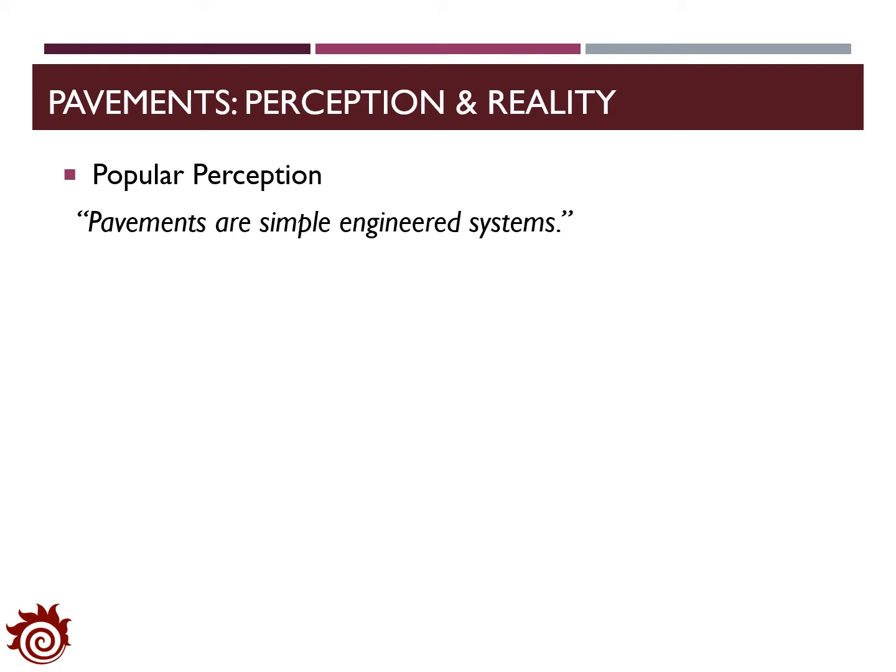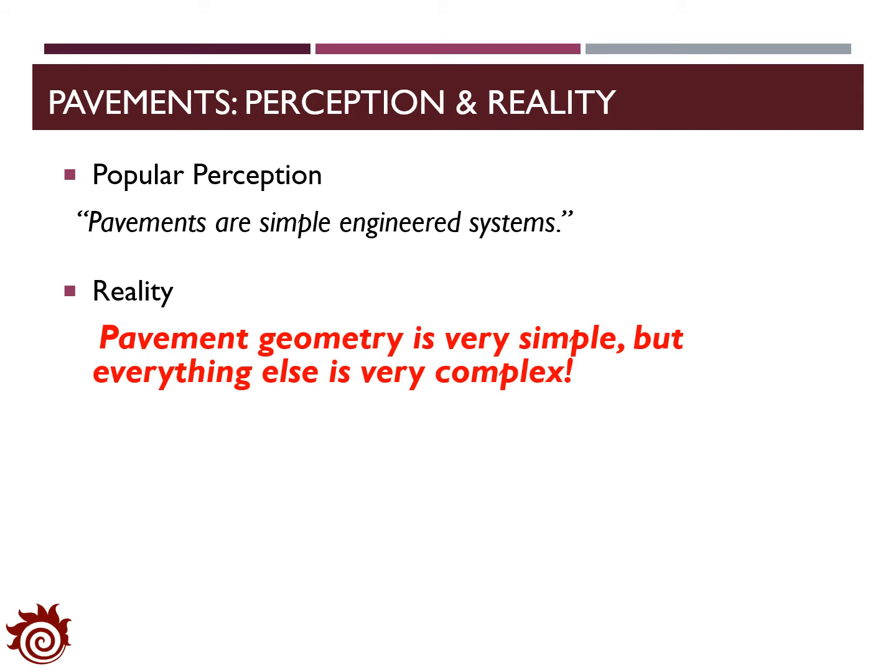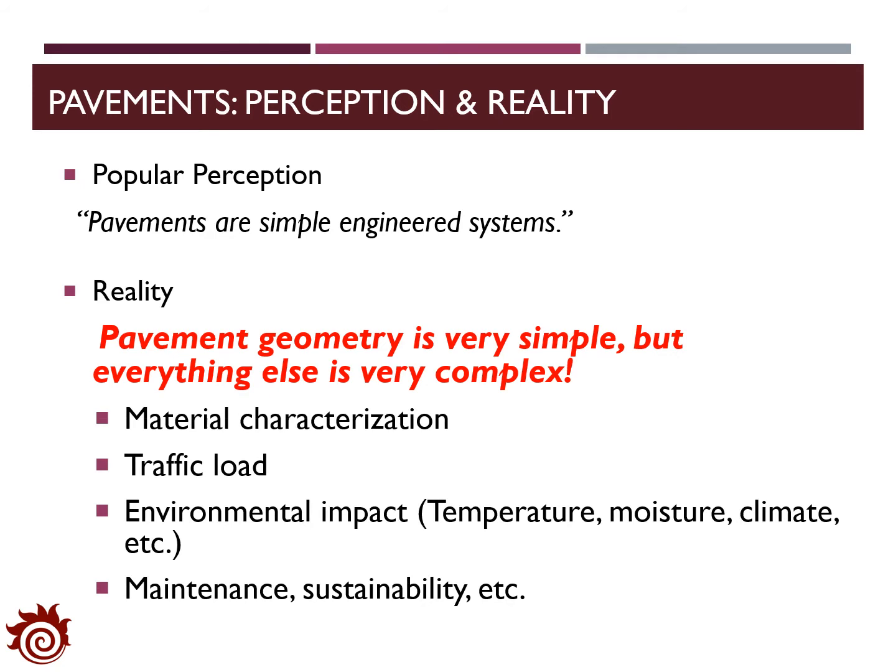First, in the previous lecture, we have understood some perceptions and the reality about the pavement design. The most popular perception is that pavements are simple engineered systems, but in reality, only the geometry of pavement is very simple, but everything else is very complicated. In order to conduct a good pavement design, one must be knowledgeable over a wide range of activities. For example, the most important part about pavement design is material design and selection. We have to have a good knowledge about the properties of different materials and select them carefully based on the